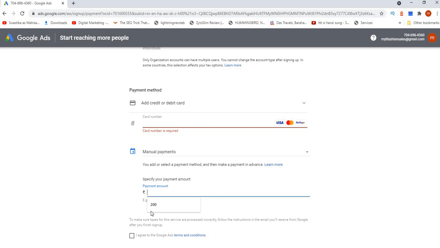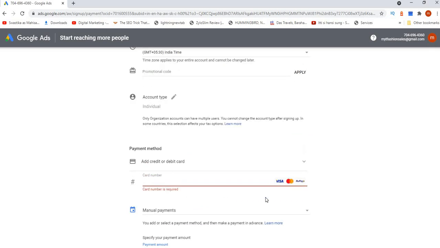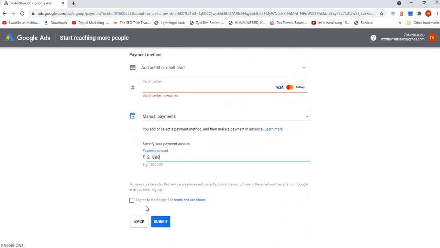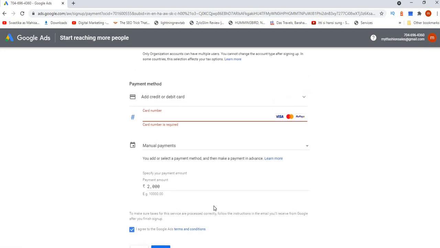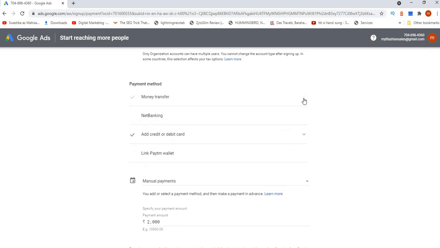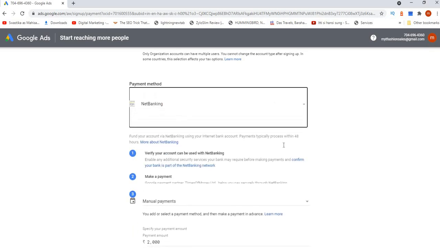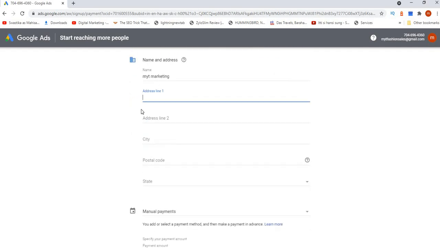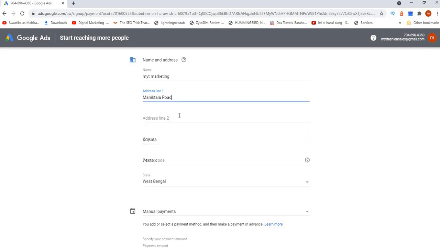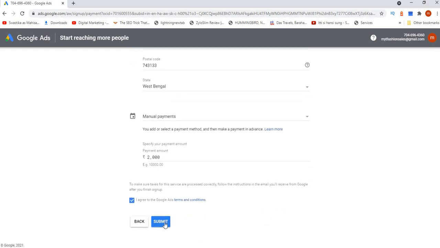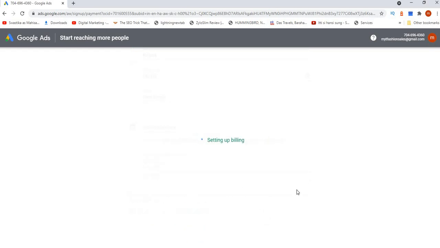Say 2000, you will submit. You have to select the payment method also. Say you are selecting internet banking. Say address one you are submitting. So address you have submitted. Now you have to click on submit.